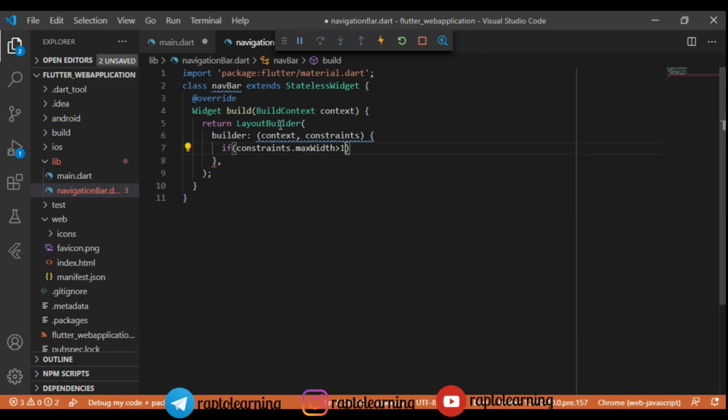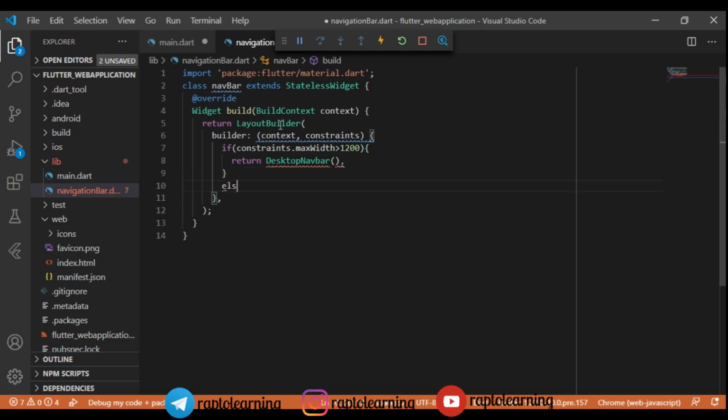We are more interested in the screen size width-wise. So if width is greater than 1200, it will be fine, right? Because for more than 1200 I don't think it will be a problem. So we have to return a desktop nav bar. So we will create one desktop nav bar.